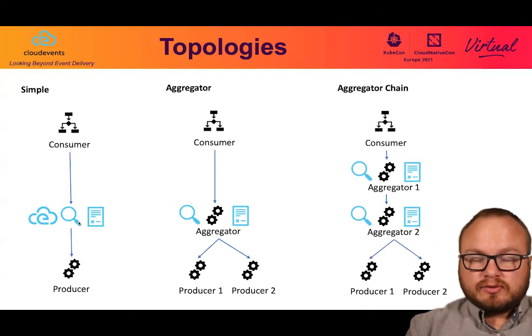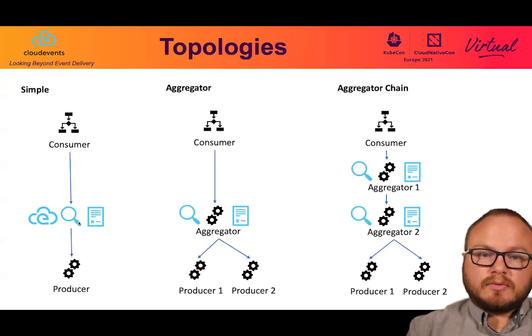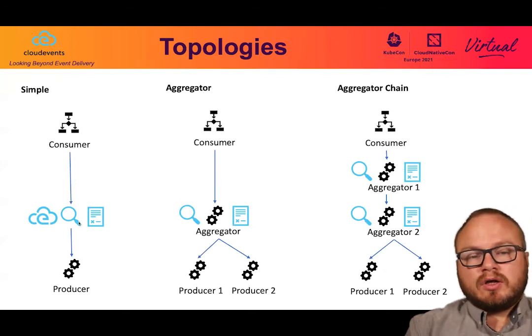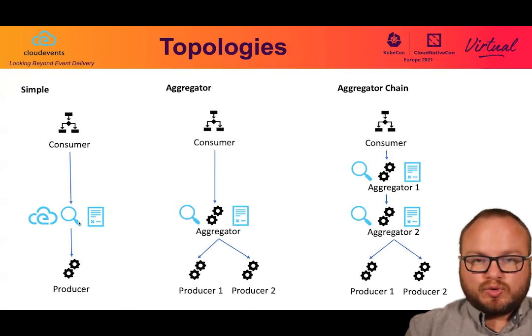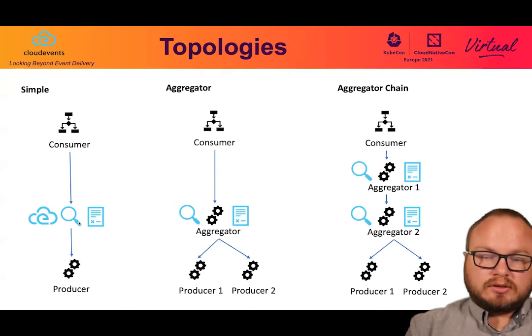The more complex one is the aggregator chain. In that case, we can have aggregator 2, which basically knows two producers and exposes a subscription and a discovery API.